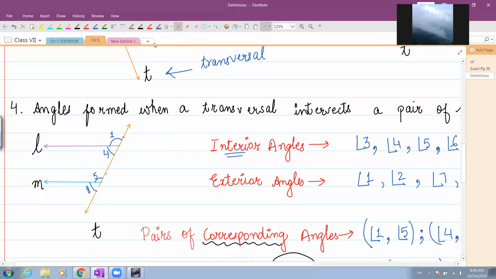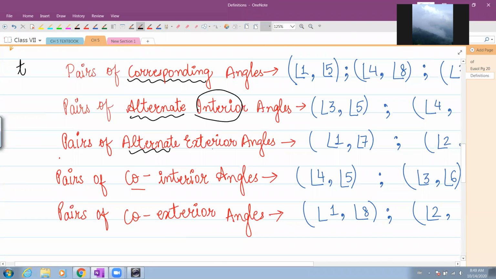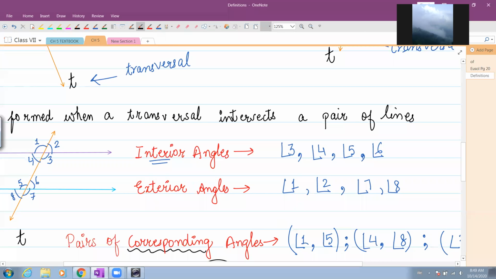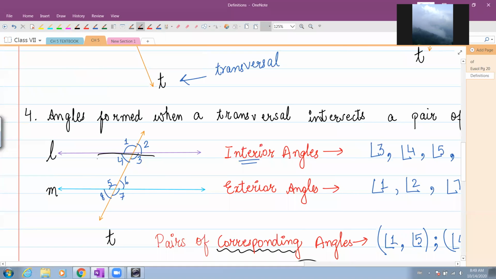I'm going to take the angles which are in the interior. Co-interior are 4 and 5 and angle 3 and 6. So on the same side, the ones in the interior, 4 and 5. The angles which are in the interior and on the same side of the transversal will be called co-interior angles. Again, in your diagram, the angles which are in the interior and on the same side of